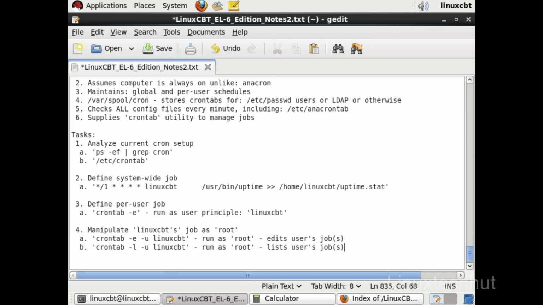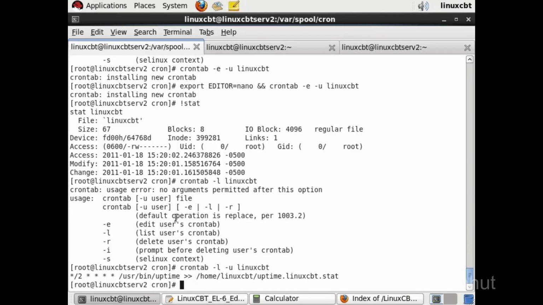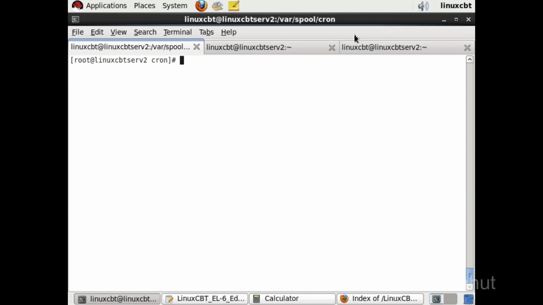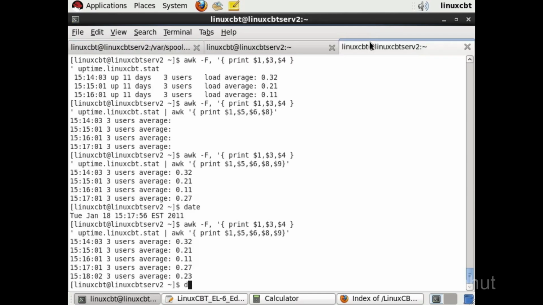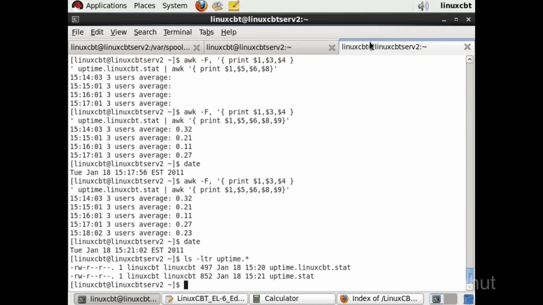But it flags the timestamp change on the file, which causes cron D to wake up and notice the difference. Now the test of that 2-minute incremental or stepping should be reflected if we take a look at the users directory. Let's take a look. It's now 15:21. So now, if we look at the uptime files, we should see that at 15:21, in the 21st minute,